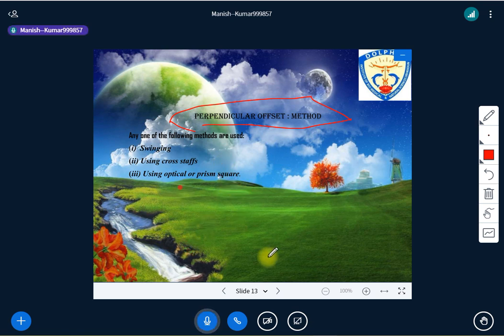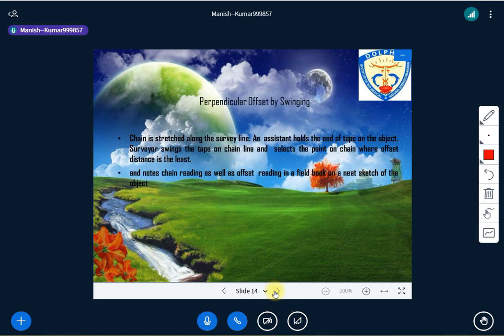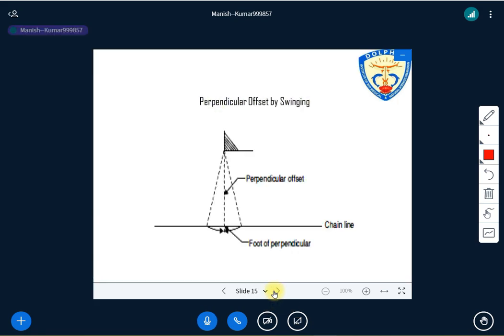So first we move to swinging. Let me explain swinging. It means what you have to do: here you have to hold the tape. Generally the tape you can use on the chain line, and then you are swinging like that. Swinging means from here you are moving like that. Have you understood the concept? It means